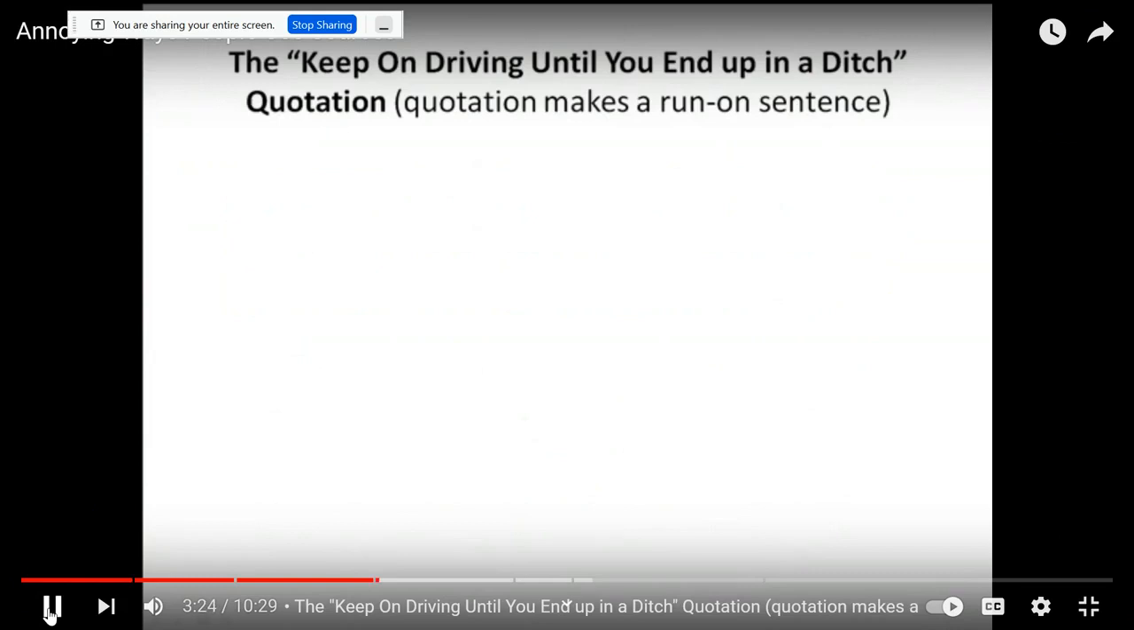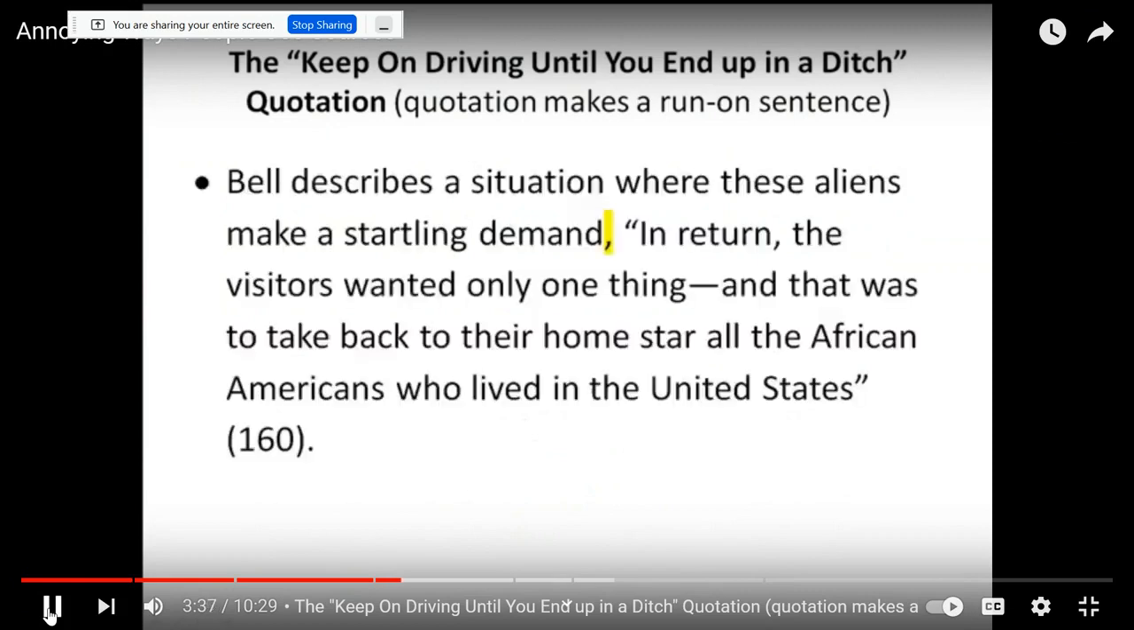They keep on driving until you end up in a ditch quotation, where it makes a run-on sentence. This is the kind of quotation where I'm moving along in a sentence and I think it's going to stop, and I don't think it's going to stop, and it doesn't stop, and it just keeps on going until it ends up in a ditch. Bell describes a situation where these aliens make a startling demand, comma,